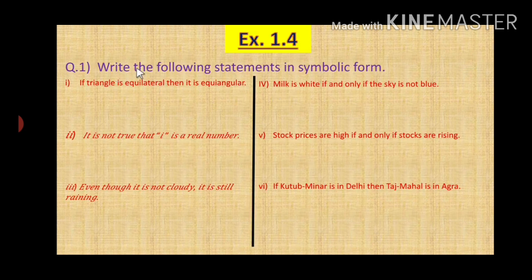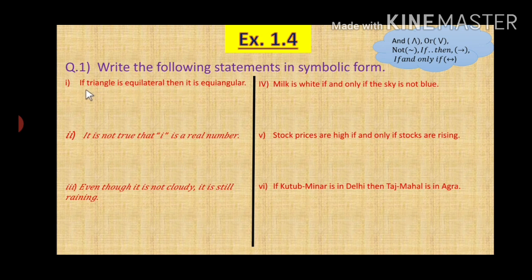See the first question over here. Write the following statements in the symbolic form. Now what you have to do is, they have given the compound statement here and you have to express these statements in the symbolic form. Now we have studied different connectives and the symbols used for it. Correct? For and, or, not, if then, and if and only if. These are the logical connectives that we have studied and these are the signs for each connective. Now using these signs, we have to convert the given statement into the symbolic form.